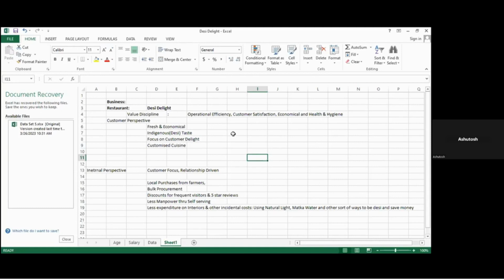So the customer perspective which we have thought is that it would be fresh and economical. We would be serving the indigenous desi taste, wherein we will be trying to cater almost the whole of India, the best of all the states, and the focus would be on customer delight and satisfaction. And I shared during the breakout session with you that we would try to introduce something called customized cuisine, wherein